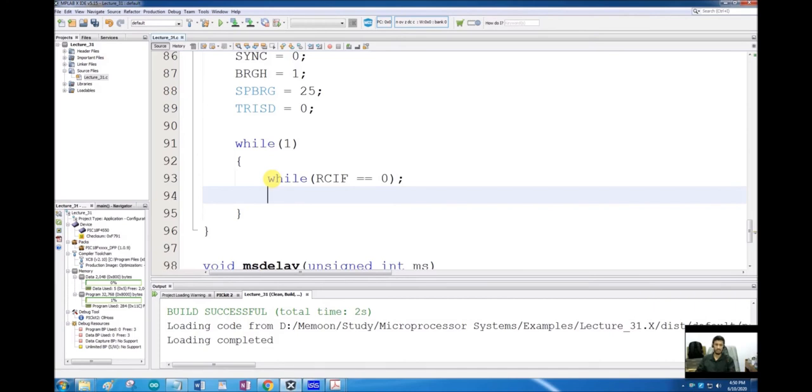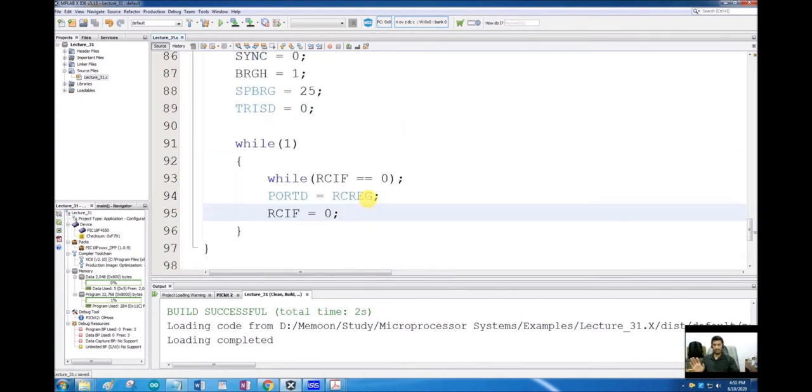As soon as this flag becomes 1, this means that now the data reception is complete. One packet of data has been received. And where will that packet of data be placed? In RCREG, receive register, similar to TXREG, the transmit register. And I want to display this received data on port D. So PORTD is equal to RCREG.